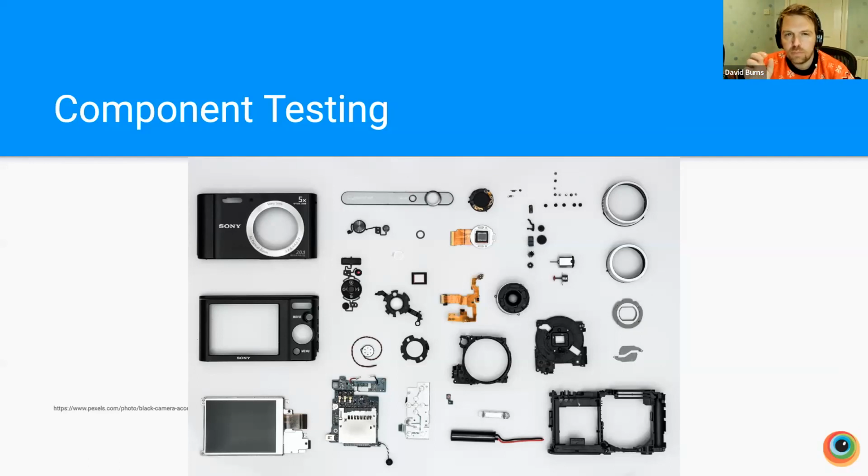This allows you to be a bit more methodical in the way you develop, and you can create good compartmentalized parts of your code. Component testing is